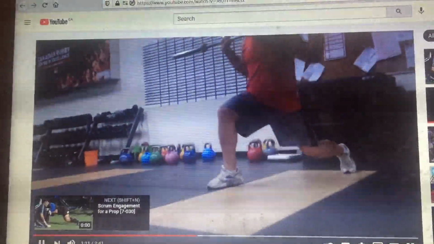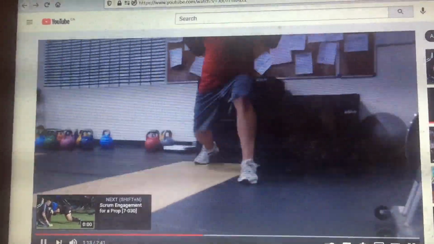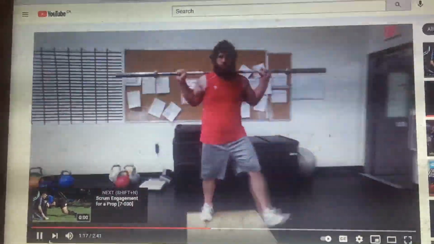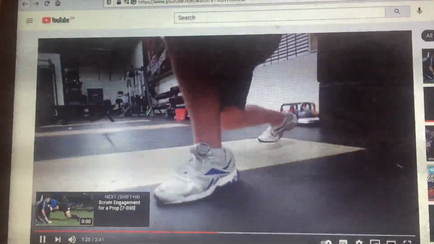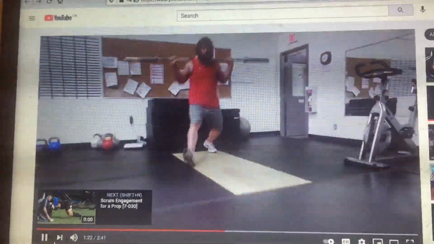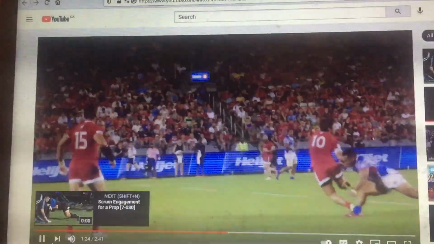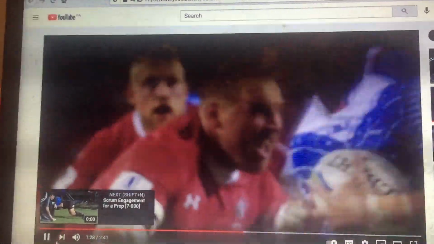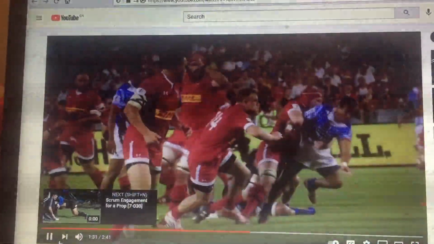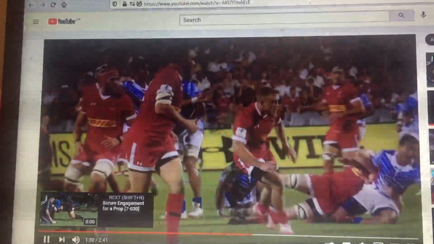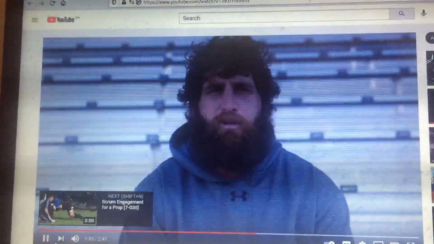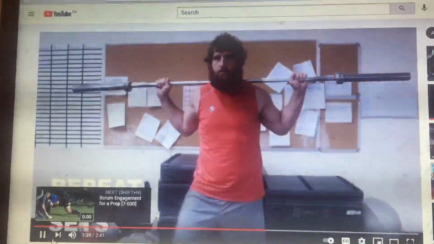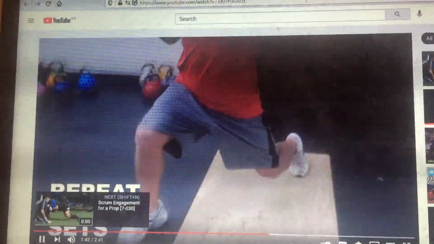So this exercise is the diagonal or D lunge. Essentially the same thing as the squat, just keep everything tight, take a 45-degree step, and then really explode back out, and then alternate. And this definitely helps us strengthen lateral movement, because it's pretty rare in rugby where you're just running straight or tackling straight. There's oftentimes you'll have to go off to one side or the other. This allows for a little bit of sideways movement. Typically we would do 4 to 6 a leg, and then that would be one set.